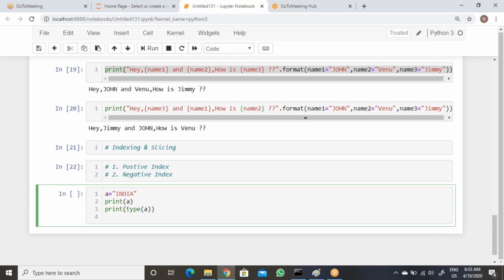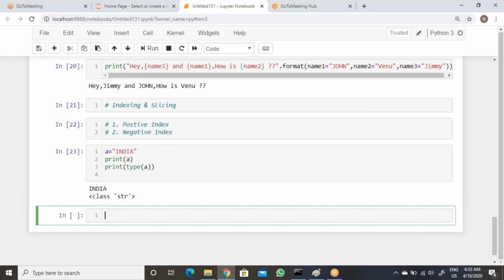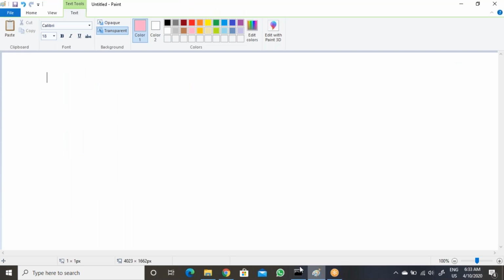Okay. So this indexing is to retrieve the data fastly using index numbers. So for any value, index is generating a sequence number.